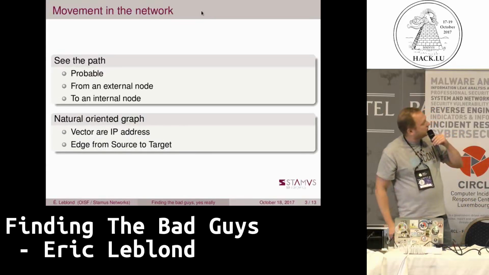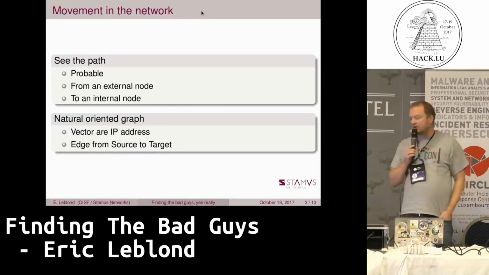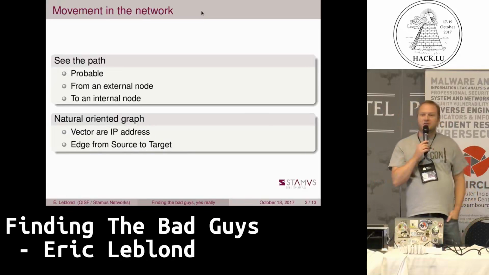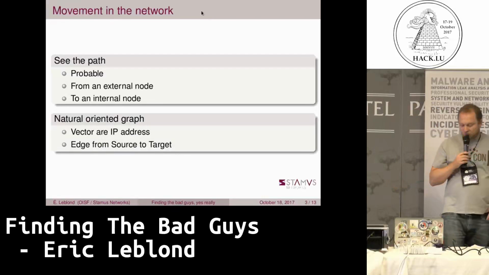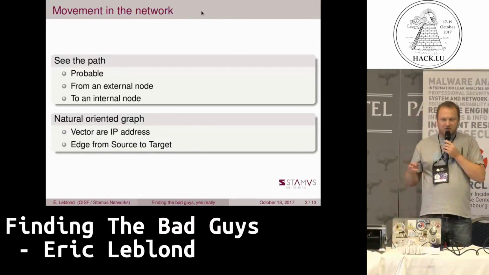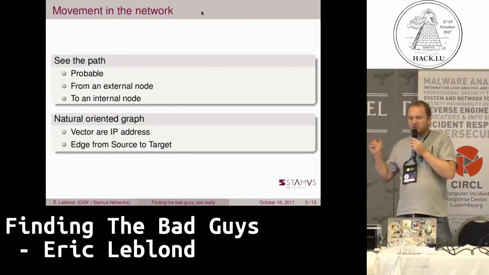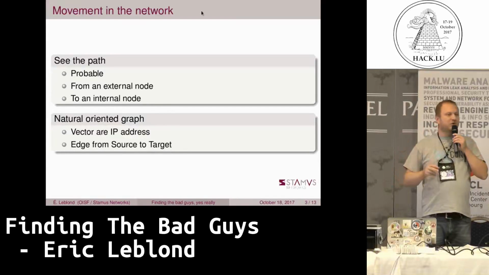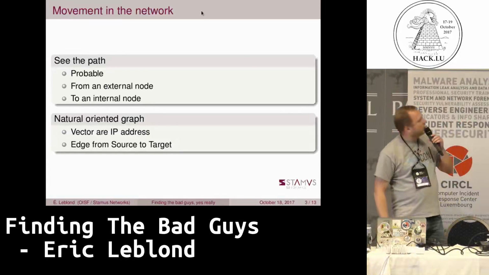So I said, okay, that's easy. I just need to find the possible paths, given the alerts, from one external node, where the red team is, to the internal network, where the blue team and the network to protect are. That's super easy. One really fancy thing to draw is a graph. It should be an oriented graph where you have the source and target in the network and an edge between them, so you can see the path visually on the graph. Really easy.